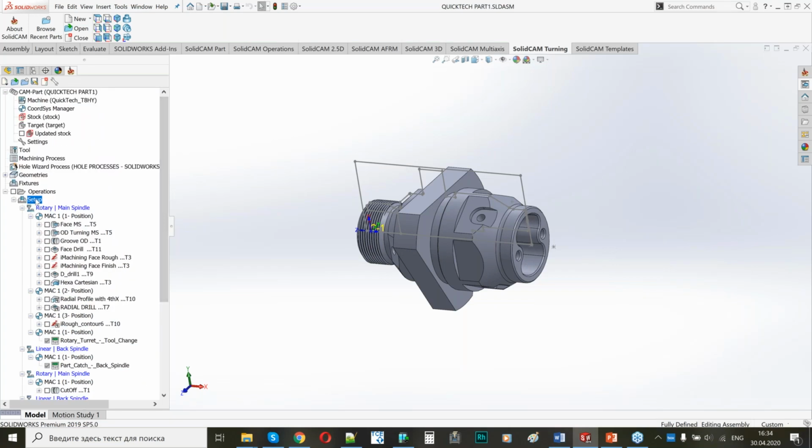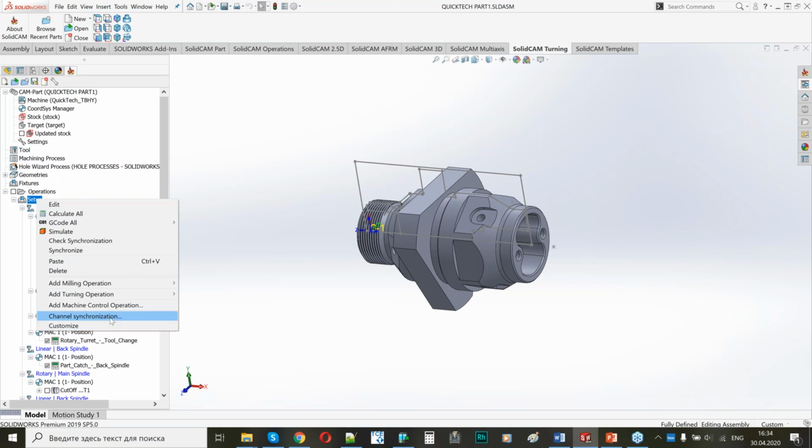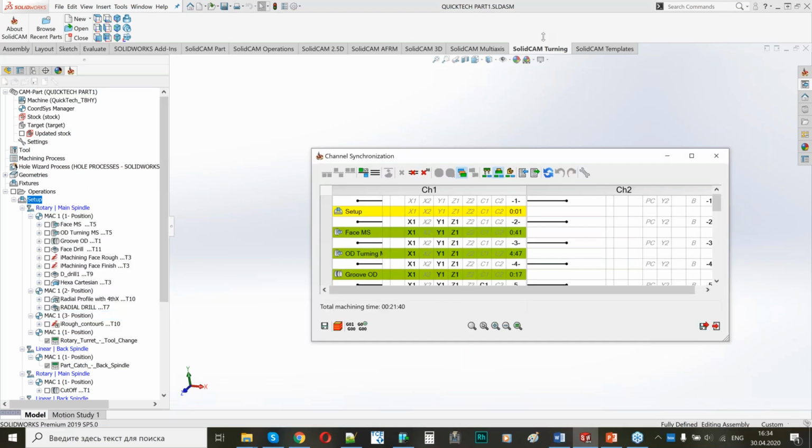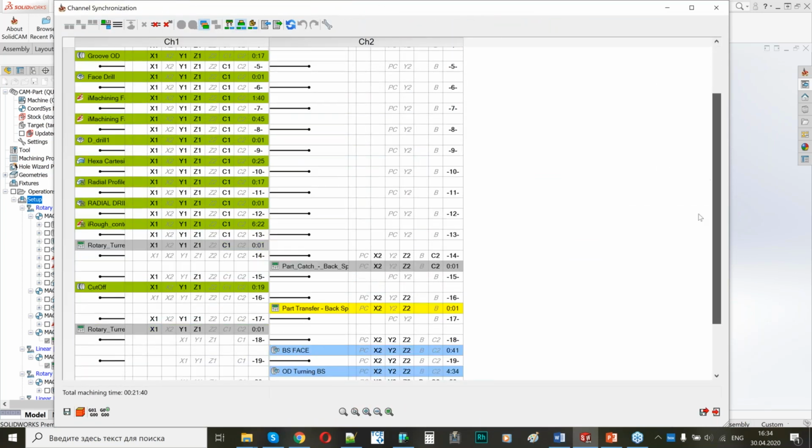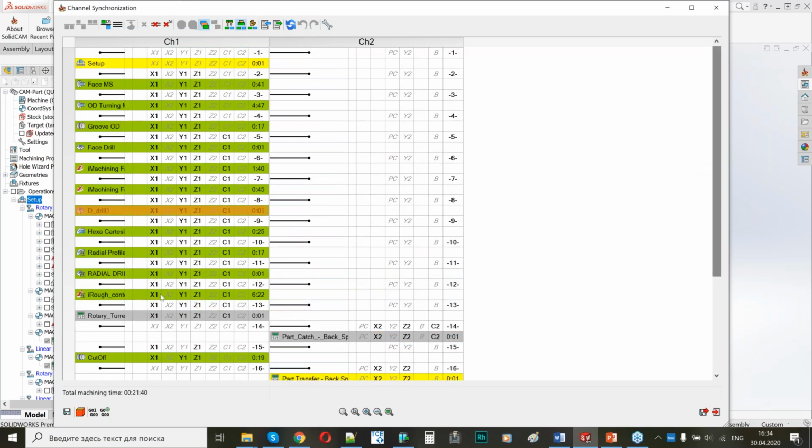Now let's go to the channel synchronization table. Let's take a look at this functionality. So this is the list of all operations which I added today to this project. And here we have some buttons to manage these operations, with their position and with the wait marks. These black lines mean the wait marks. According to this, for this machine it's an L command. On the next machine with Fanuc it will be an M command, and this command appears in both channels because this machine needs